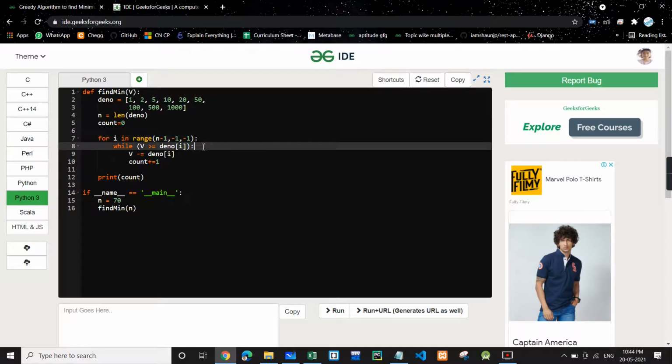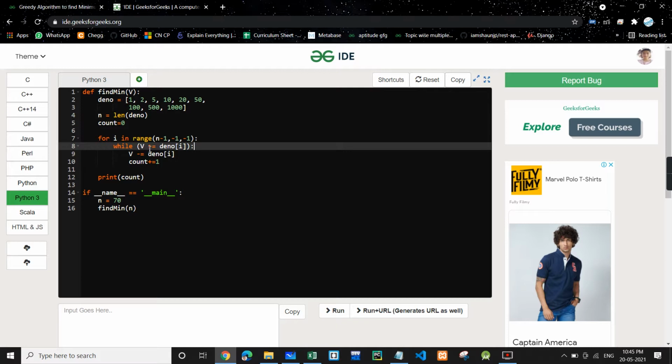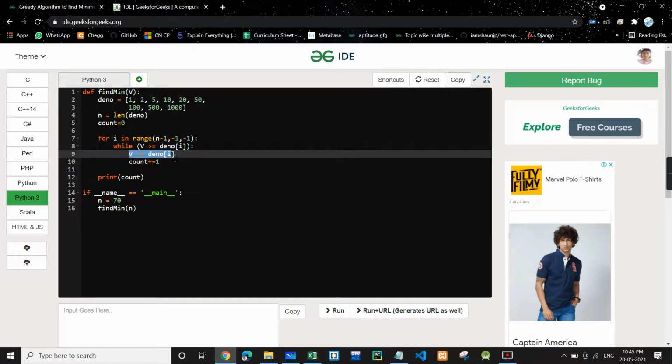And after that we will be continuously using that coin, as we saw in the case of 50. If the denomination is less than or equal to V, we will be continuously subtracting that denomination from V and incrementing count.